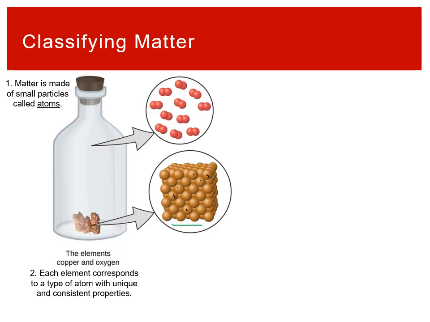They can't be broken down in any further way and still have matter come out the other end, once you break it apart. And so these types of atoms, these elements, have unique and consistent properties. So in this example, we have copper as a solid, and oxygen is a gas up here, and you can see that oxygen has properties that will always be the same.